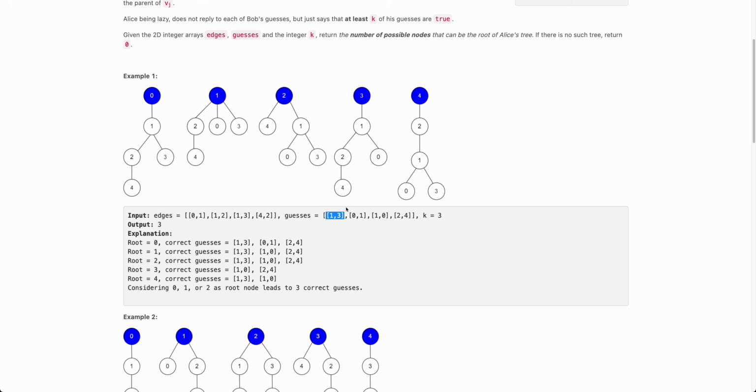Now 1 comma 3, you will see 1 comma 3 is not true because 1 is not a parent of 3, so this is not true. 0 comma 1 is also not true, because 1 is a parent of 0. 1 comma 0 is true, right? And 2 comma 4 is also true, so only two of them are true, but Alice says that at least